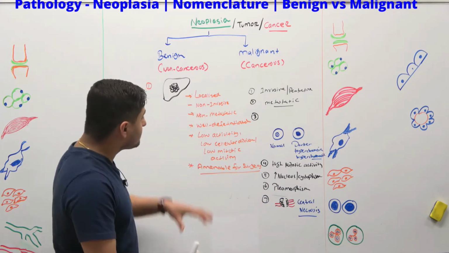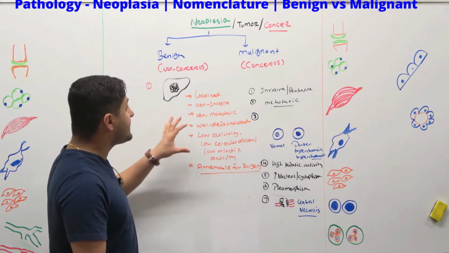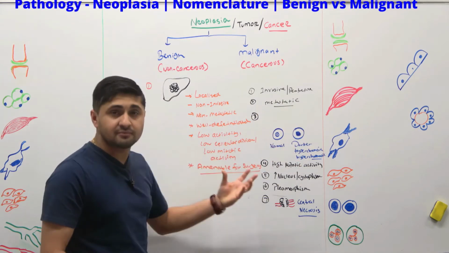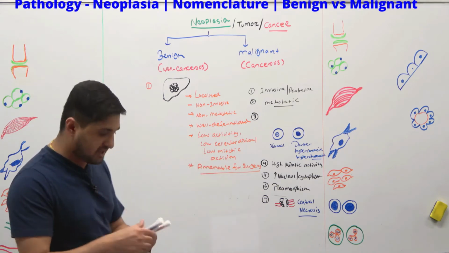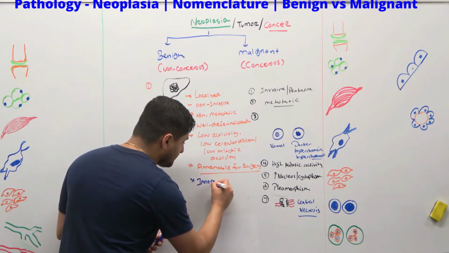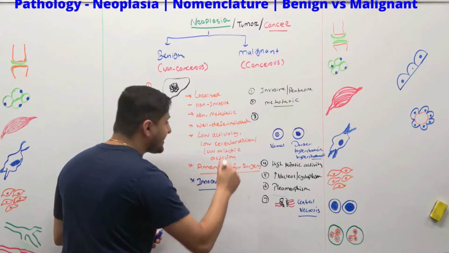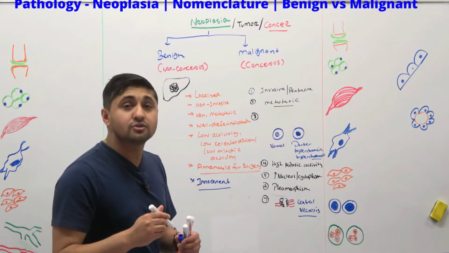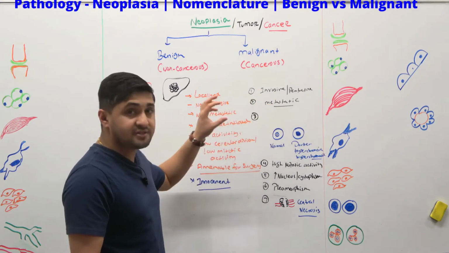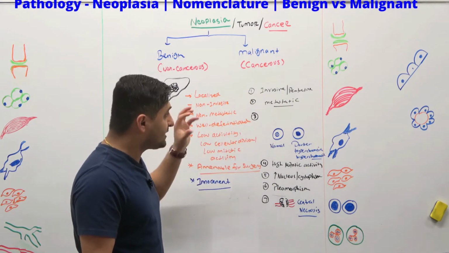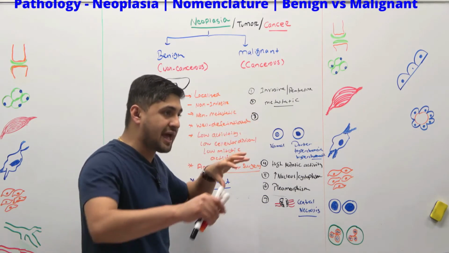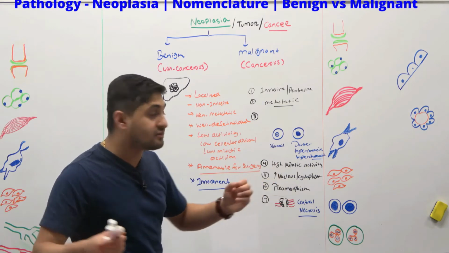Remember, these are some of the differences between benign versus malignant tumors. Benign is relatively localized. It has an innocent behavior. Some books even describe it as innocent behavior, meaning that they do not invade or penetrate, and they do not destroy nearby tissue. But when it comes to malignant, it is invasive, it's penetrating, it destroys nearby tissue. It can also metastasize. It can infiltrate and go to different locations and make a secondary mass there.